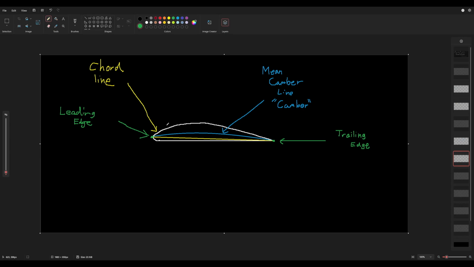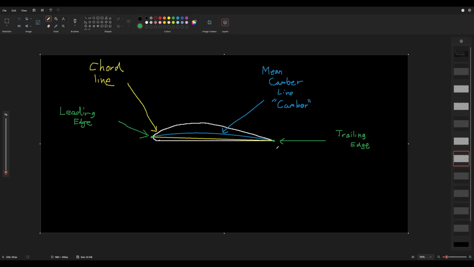One thing to note about this camber is when you're thinking of aircraft and how they design their airfoils and wings, you might say, well, what happens if I want to have a lot of lift and be able to go at slow speeds, but I also want to go fast? So let's say you want to go nice and slow so you can have short landing distances, but when you're up and cruising and you're traveling, you want to be going as fast as you can so you can get to your destination faster. Well, what they use, and you'll see these on airliners and most aircraft, are various forms